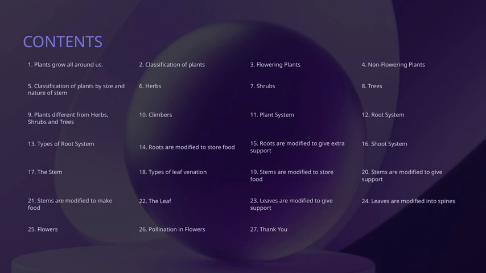We will identify the plant systems, such as the shoot and root systems, and understand their roles. The presentation will also highlight how roots and stems can be modified for different functions like storing food or giving extra support. Finally, we'll see that leaves can be modified for support or protection, and we will conclude with a